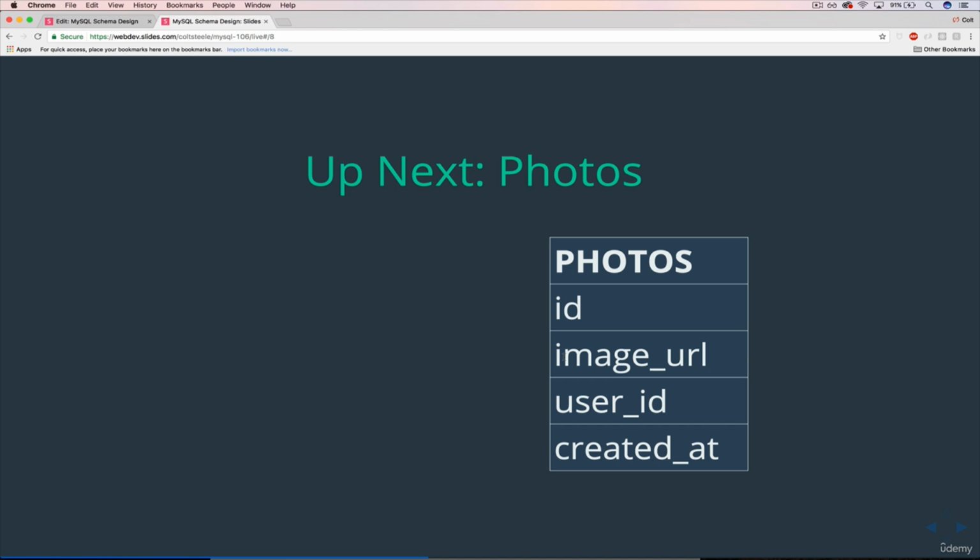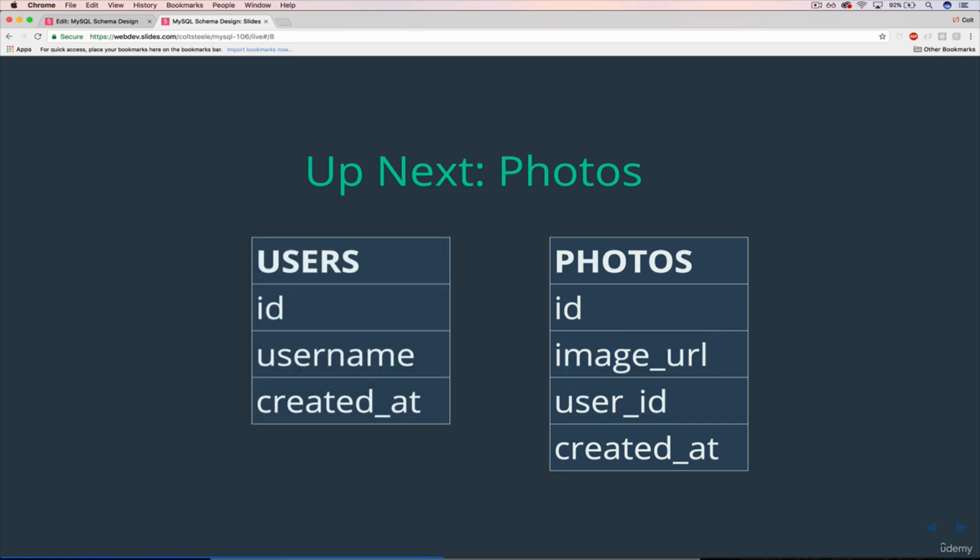We could have added a caption as a varchar, not a string. We could have added a caption. We could have added location data. On Instagram, you can say where it was taken. There's all sorts of things that we could do, but we're just focusing on image URL in our case. And then a user ID, very important, foreign key pointing to users.id. And then we also have created at, just like we had with users,